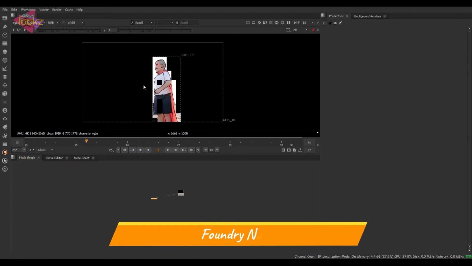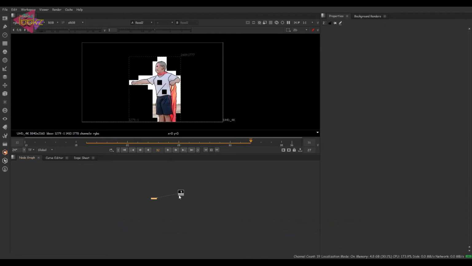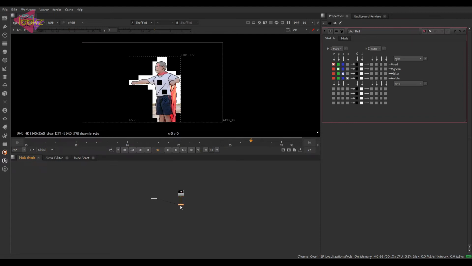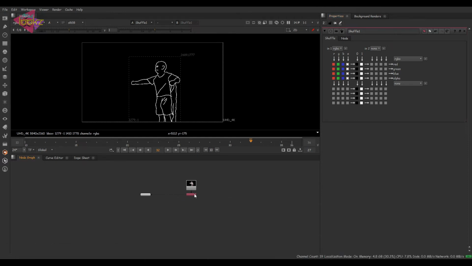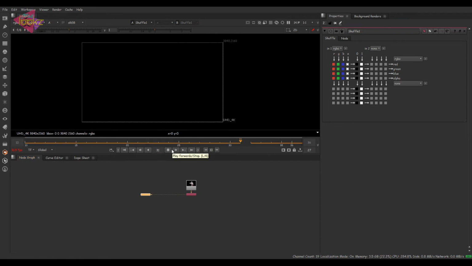So here we have Nuke and here we have the painted result. We have the alpha in this. If you want to view the alpha channel, we can check that, or just take a shuffle node and shuffle the RGB channels into alpha. And here we have alpha in all the channels, like we have alpha copied into RGB as well. So this is the animation we have rendered out from Silhouette. Now we can play with this.